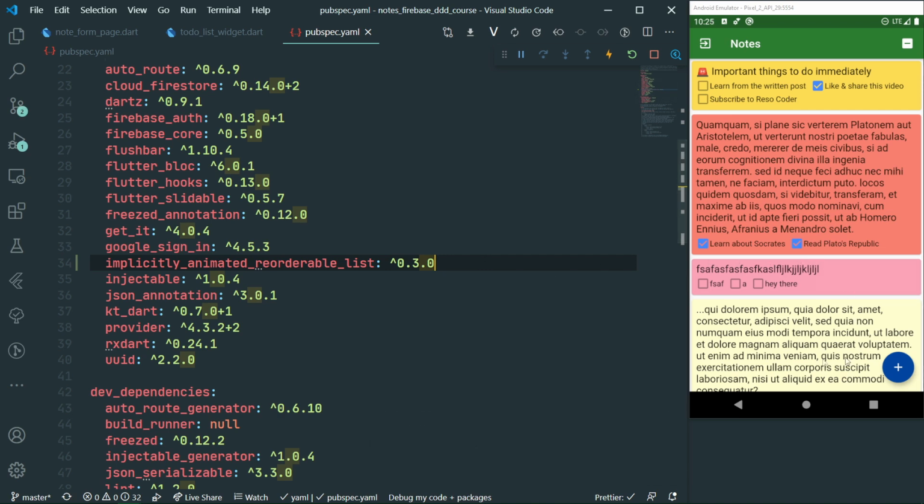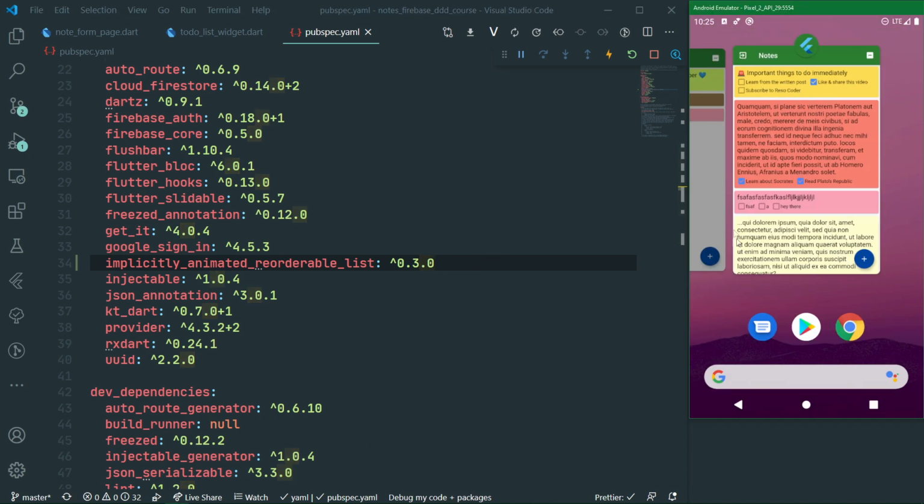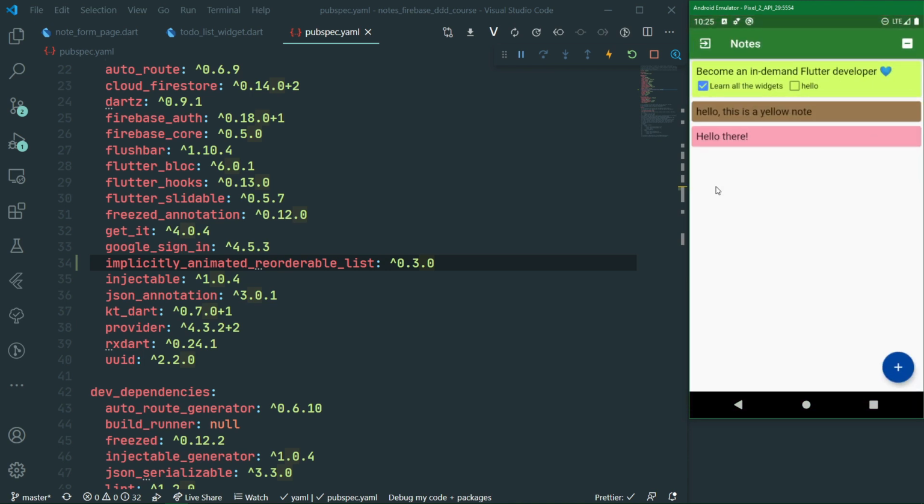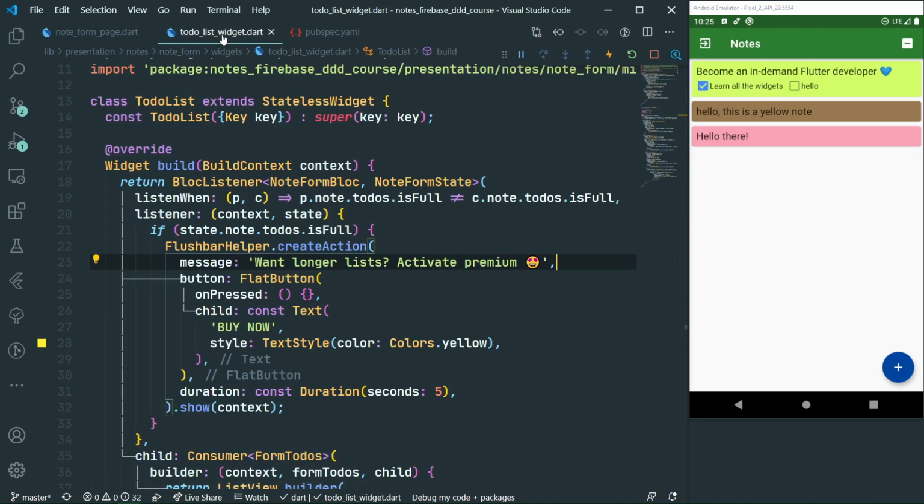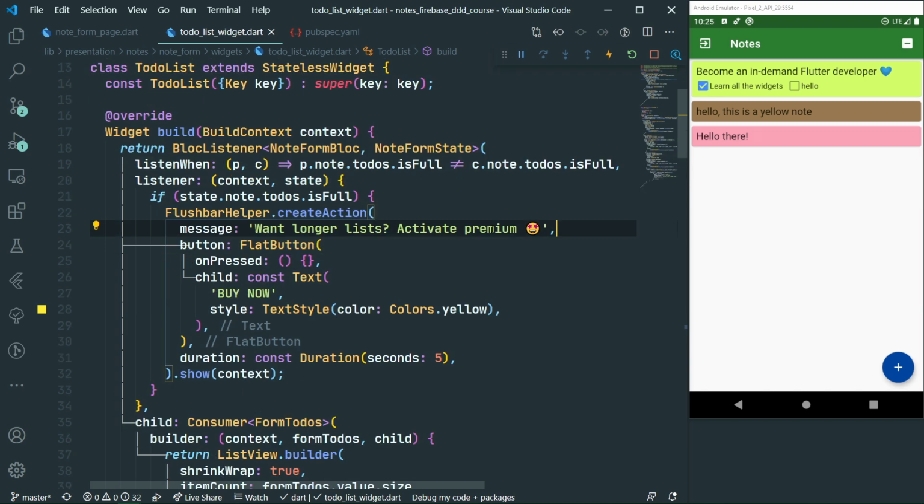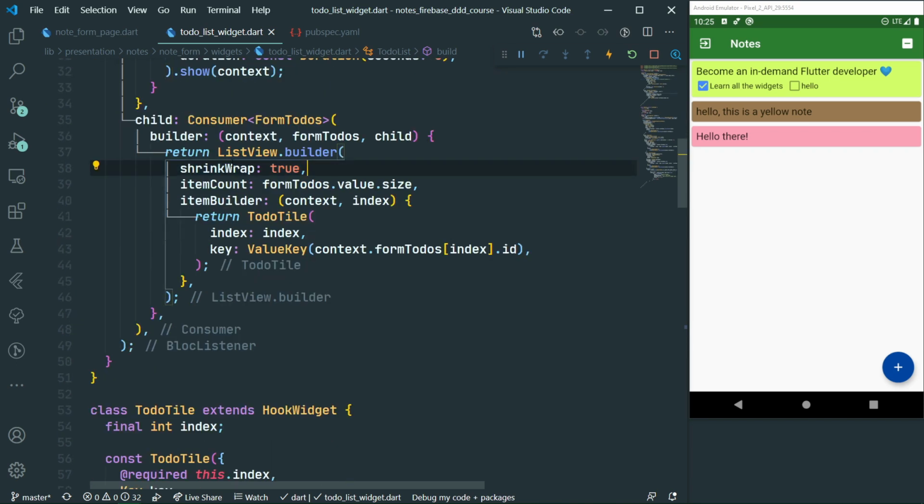So now on the emulator, let's go ahead and switch to our app which we are currently developing so that we can see the changes in real time with hot reload. And let's go to the to-do list widget, which we were implementing in the previous part also. And now what we are going to do is swap out this ListView.builder, this basic list view, for the implicitly